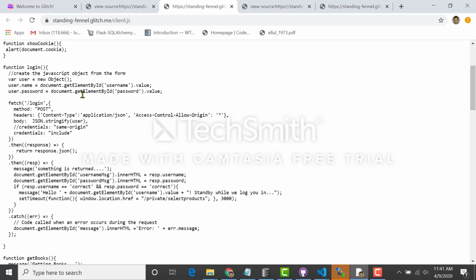For example, in this one in particular, we're telling JavaScript to turn the user object into a string, a JSON string, and you can learn more about JSON if you look at the written documentation that accompanies this assignment. And that stringified object is sent to the server, and then the fetch waits for a response from the server, and when it comes back, it looks at that response, and that response,